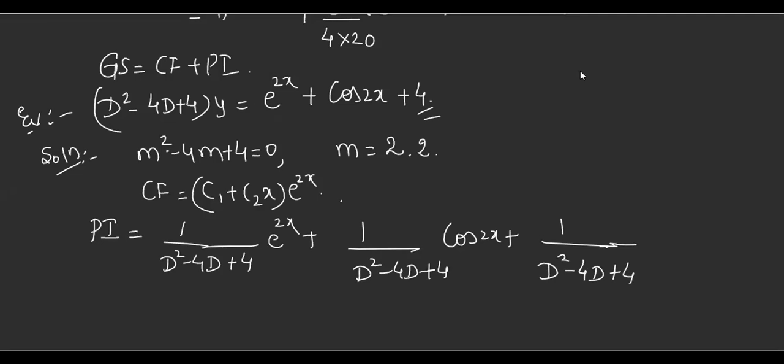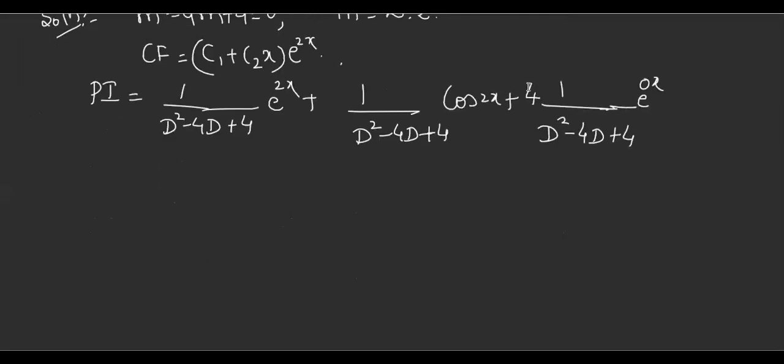Exponential. Tell me then what it is. How to write 4? 4 into e raised to the power 0. So 4 can be written as e raised to 0x, keep it here. The function of x should be kept on the right side. Just see for each term. Don't keep it here, it will be the wrong way. Now, let us take term by term.